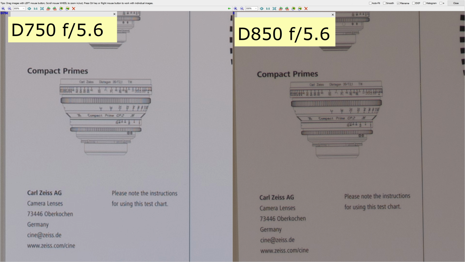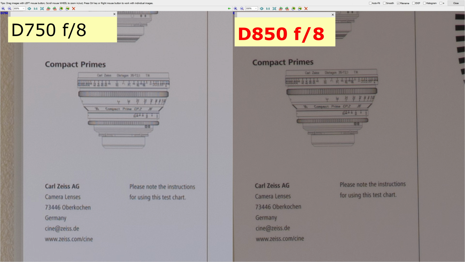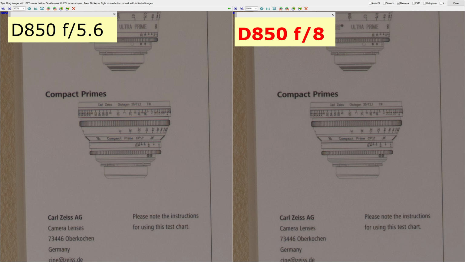At 5.6, the D850 is still ahead. It is slightly sharper. And now we finally start hearing it. Okay, guys, wake up now. Because at f8, the D850 is still a better file than the upscaled and magnified D750, but it is not as good as it was at 5.6. Though one would say the difference is so tiny that it can only be slightly seen at 300% magnification.